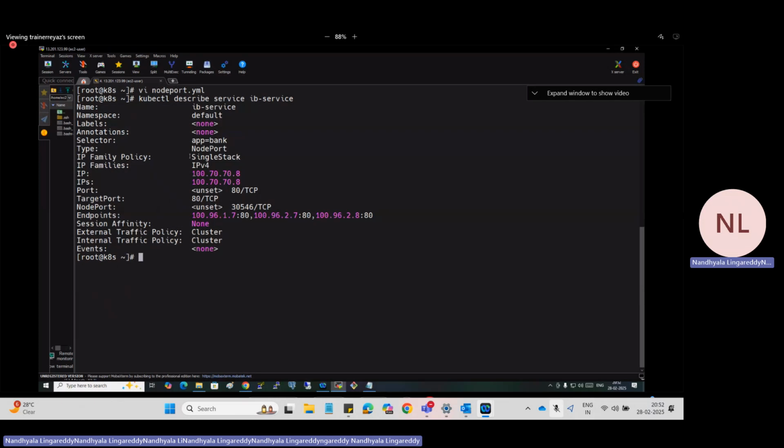Okay, see here. For this service, what is the type we are using? Node port. That is number one. Here, what is another port? This is the service port.